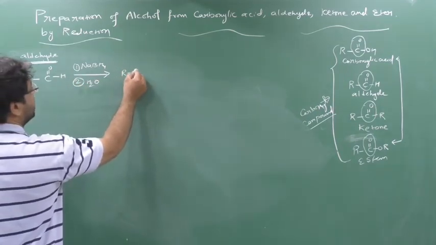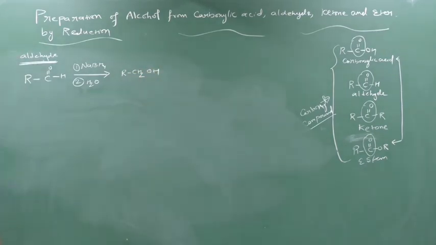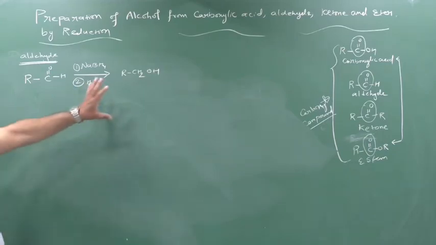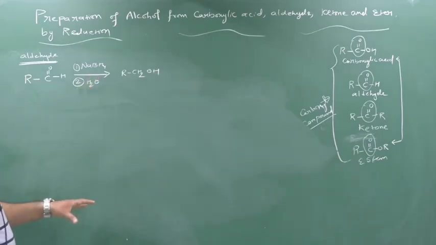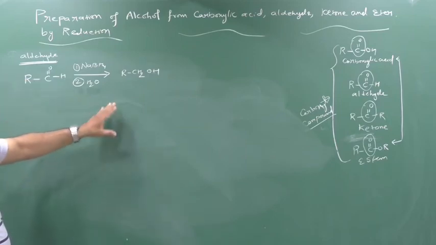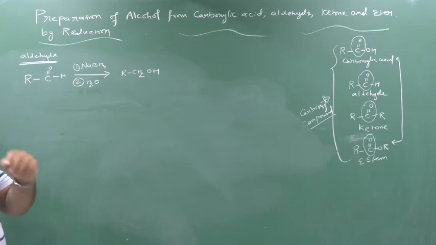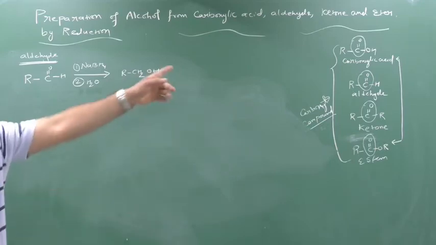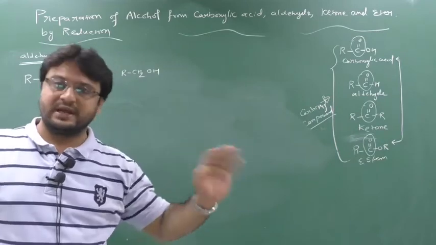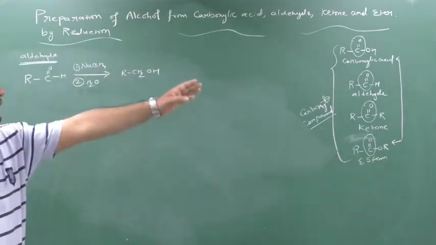So clearly you can write it like this: RCH2OH. So you will obtain 1 degree alcohol. Now how do you obtain this? You have to understand. See here, now I will do the general reaction to get the answer, and in the last step I will show the mechanism. Mechanism is not important, it is not asked in the exam especially for this. But you understand, and the mechanism remains the same for each and every carbonyl compound.